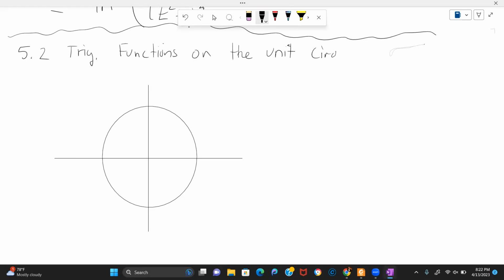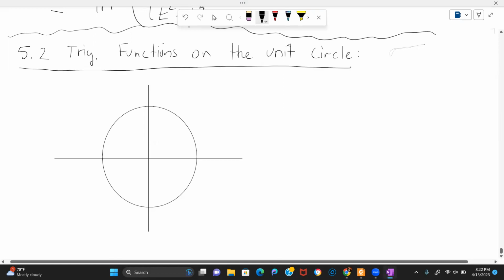In 5.1 we reviewed the unit circle. We looked at it and found another way to view it. We were able to view it as a one-dimensional object. So here's the unit circle, I have it already drawn, and it's one-dimensional because if you imagine that your universe is just this circle and you live on it,